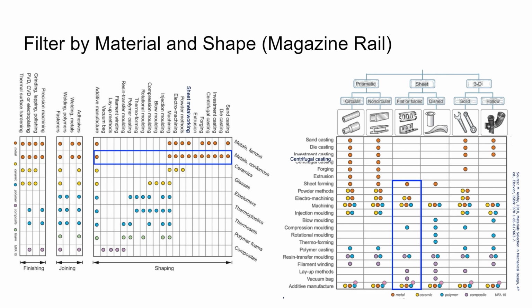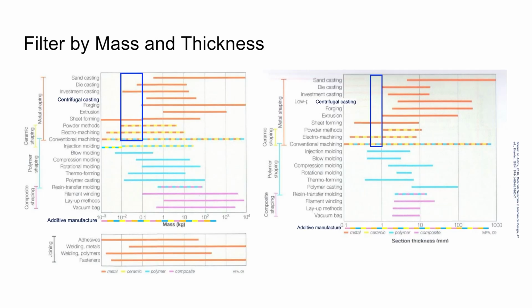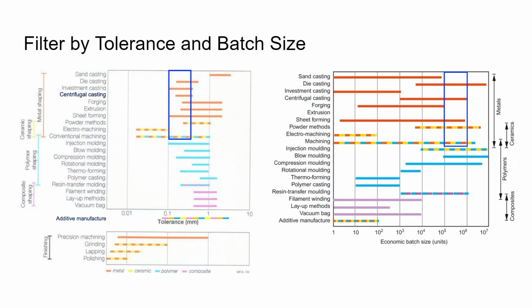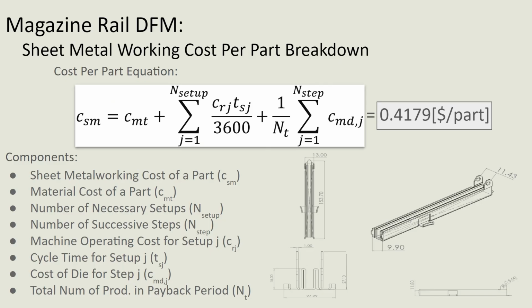To decide the machining, we decided to start filtering by material and shape, as you can see in the boxes over here, and then by mass and thickness, and then finally by tolerance and batch size. This brought us to sheet metal forming and conventional machining. We decided to go with sheet metal forming due to it being a cheaper method. So moving on to